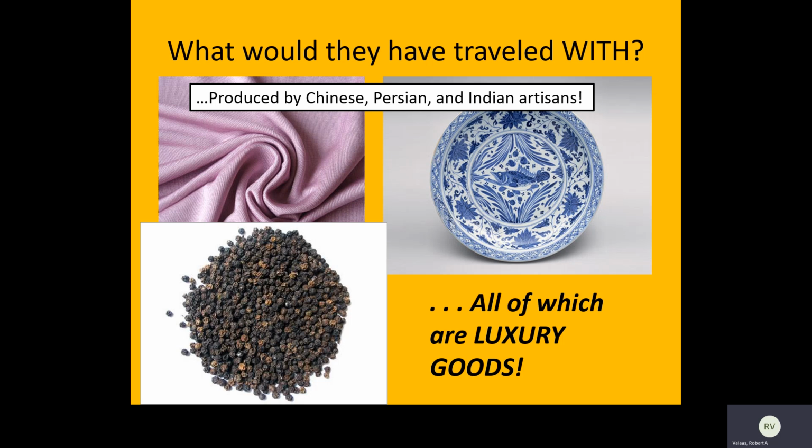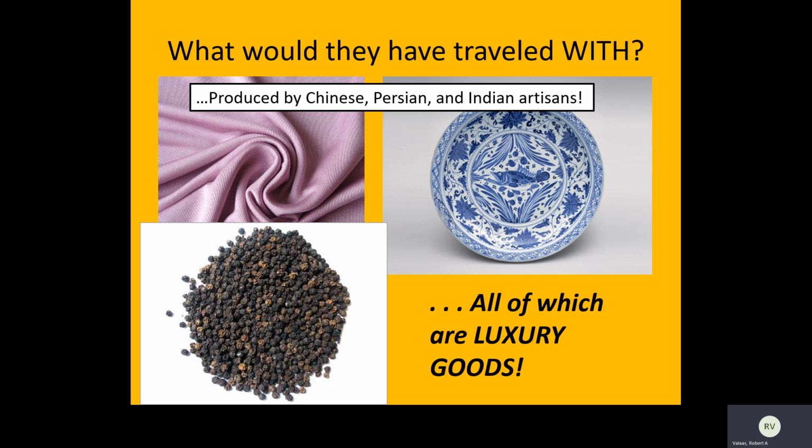still much more difficult than today, if you were traveling long distances, you wanted to make sure to maximize the profit you would get from selling your goods when you arrived, wherever you arrived. And so there was an unwillingness to travel with anything that wasn't pretty valuable. That's why all of these trade goods were luxury goods, many of which produced by Chinese, Persian in the Middle